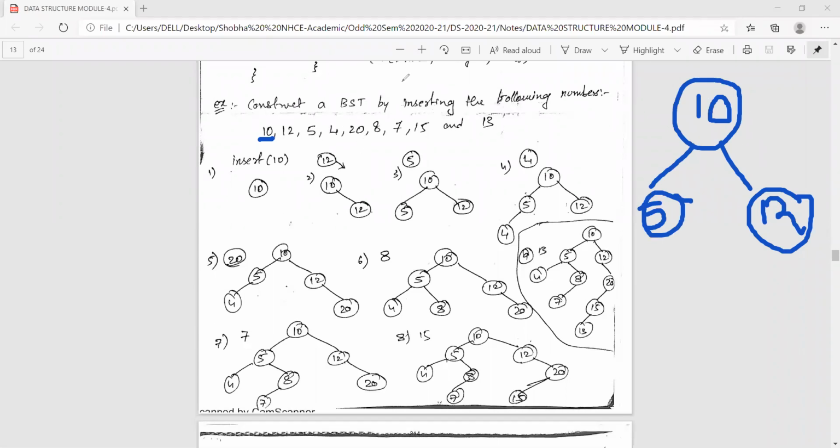Then the next is 4. Start from 10, it will go to the left. It is less than 5, so it will be inserted as the left child of 5. Then the next is 20. Greater than 10, so it goes towards the right side. Greater than 12, so it goes towards the right child.